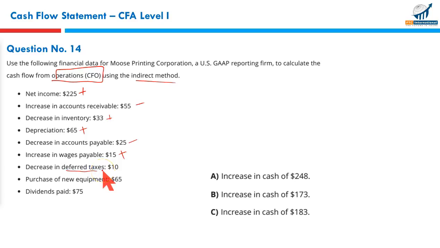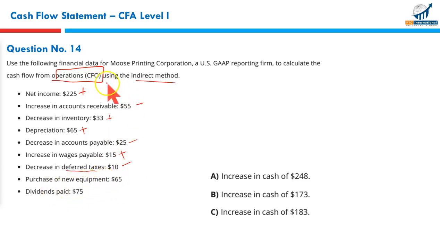Most of the questions in your CFA have assumed erroneously, because CFAs are not professional accountants. We are. They do not know that deferred taxes could be in asset form and could be in liabilities. Deferred tax asset, deferred tax liability. But most of the questions in cash flows, they have assumed deferred tax liability. So if there is a decrease in deferred tax, here it means it's deferred tax liability. It's assumed. So a decrease in liability is an outflow. When the liability has been settled, it has fallen, it represents an outflow.